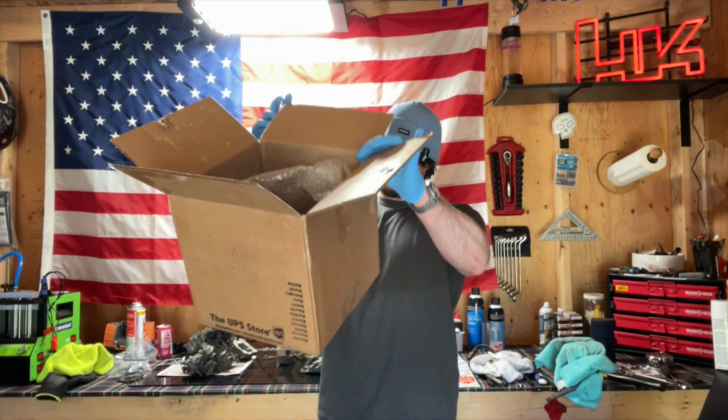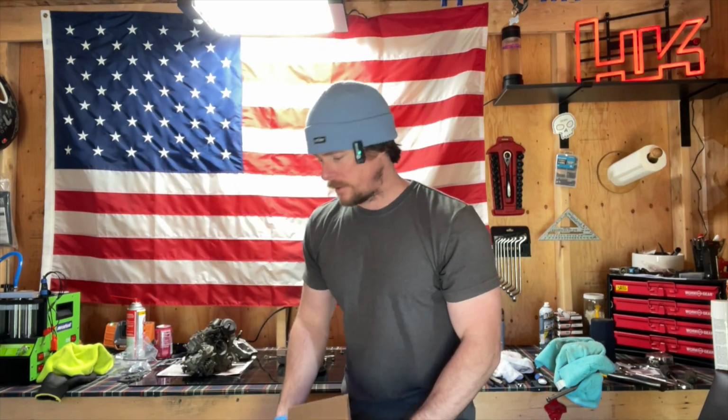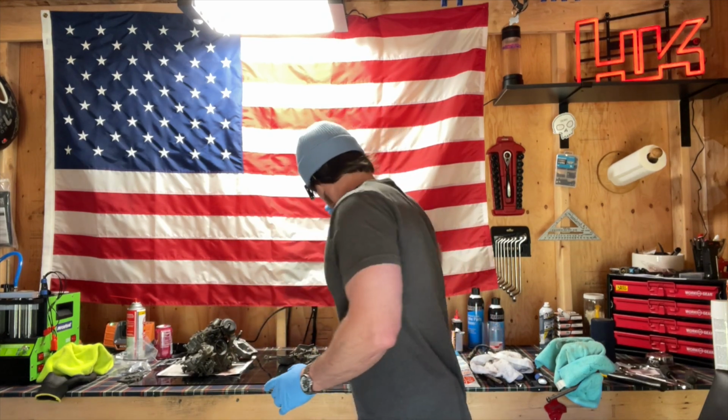I'm talking like, put it in a box. This is like a 10 by 10 by 10 box, so you can have a good couple of inches of padding. I'm talking packing peanuts, wrap it in bubble wrap. You want the thing to be hovering inside the box, essentially. You don't want any parts to be on a hard surface if it were to get dropped or kicked or thrown or mishandled, because